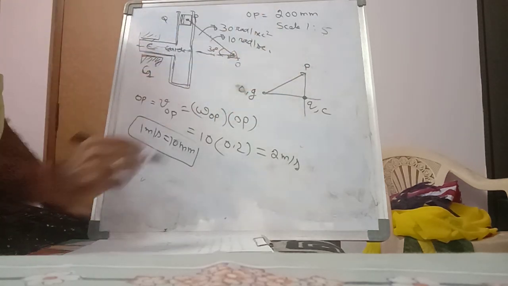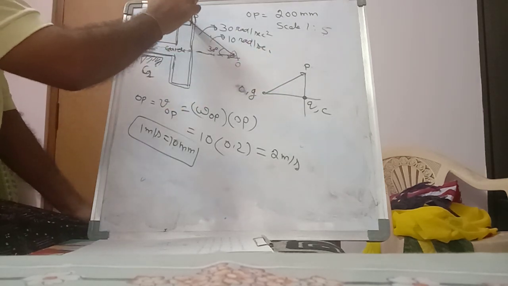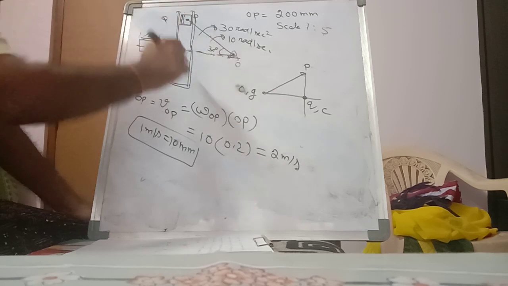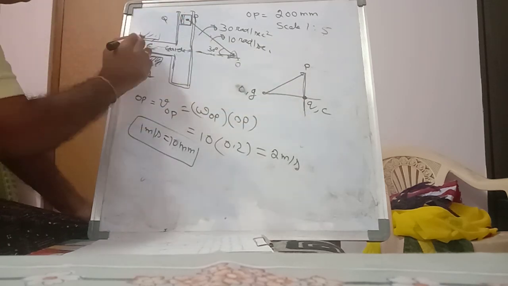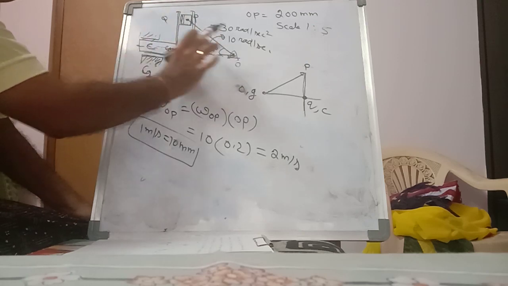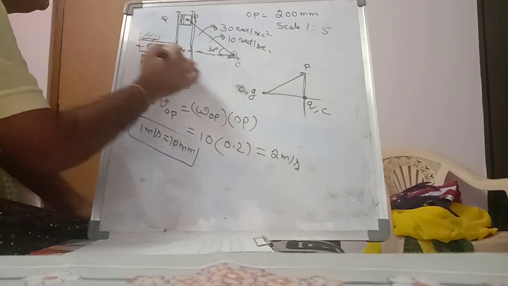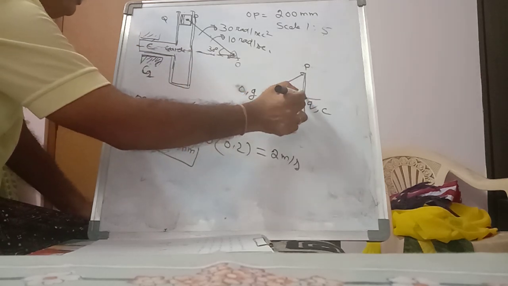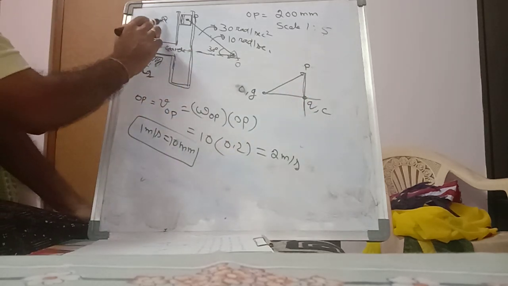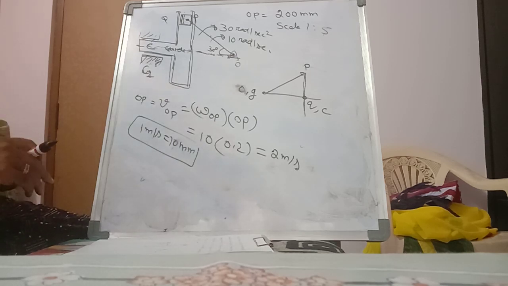So the P point is obtained. After obtaining the P point, because P is connected to the slider, it moves vertically. So from P, draw a vertical. Similarly, C is also here, G is there. The total part is again another slider. This guide also slides. So from G, draw a horizontal line. These two points will meet at a point which is nothing but both Q and C. Okay, so this is the velocity diagram.